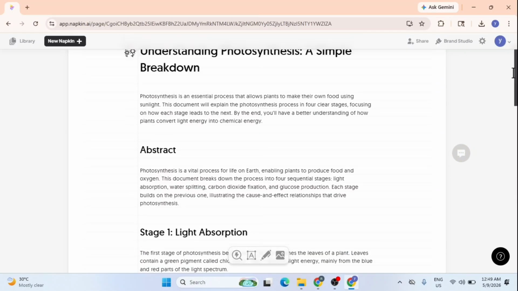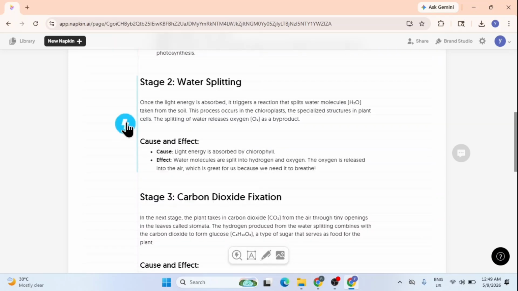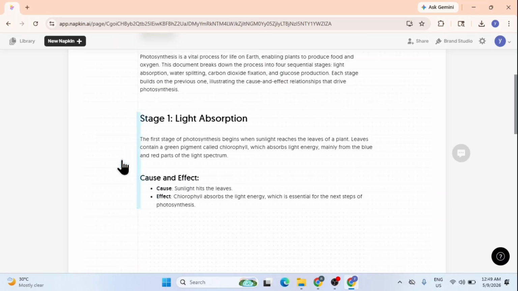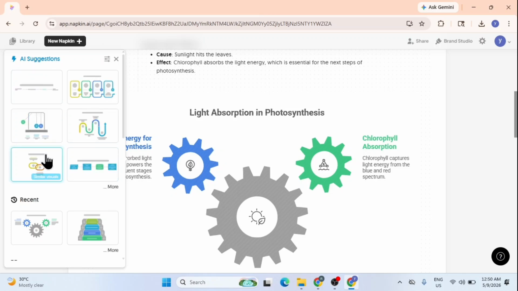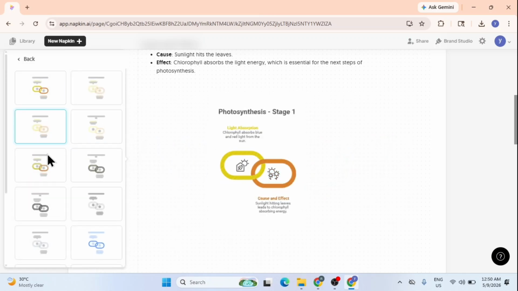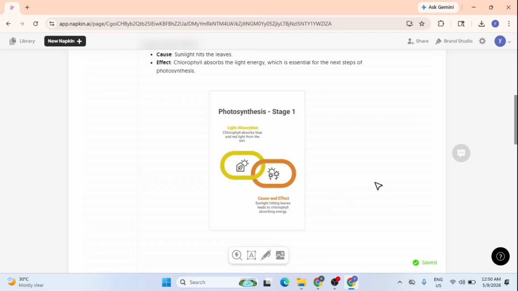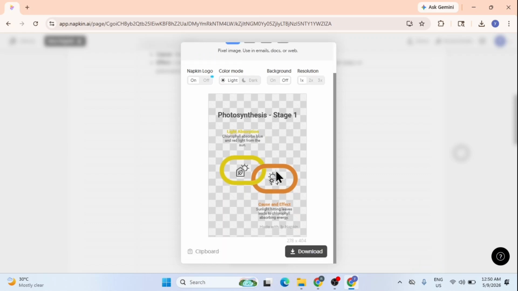To make this study guide more visual, I'll highlight the text under Stage 1 and click the lightning bolt icon to see AI suggestions. This opens a variety of diagram styles on the left. I'll select the flowchart that best illustrates the process and then click the Export Visual button to download it as